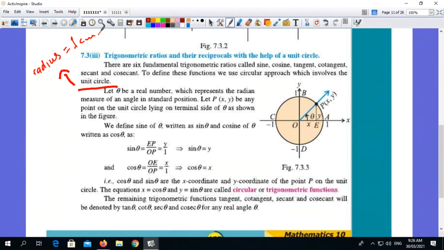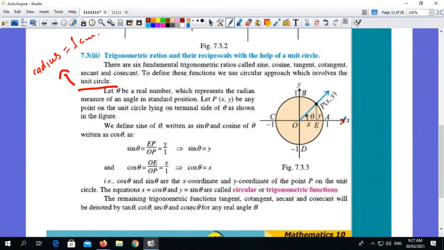Let theta be the real number which represents the radian measure of an angle in standard position. Standard position means the initial arm is on the x-axis and the terminal arm is in any quadrant, first, second, third or